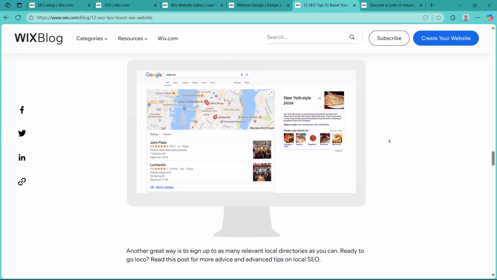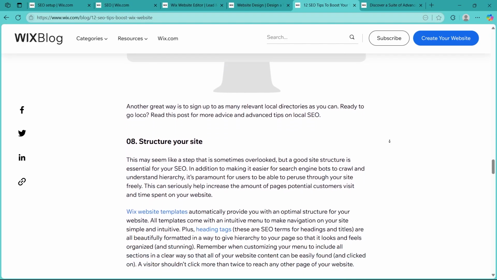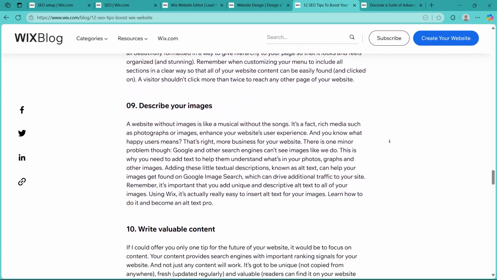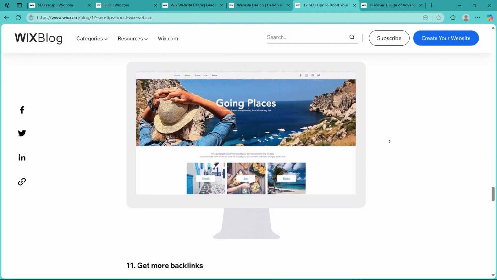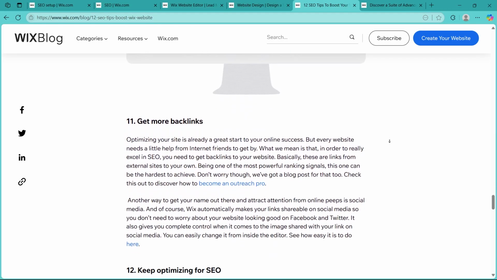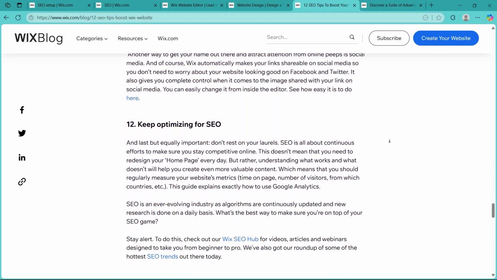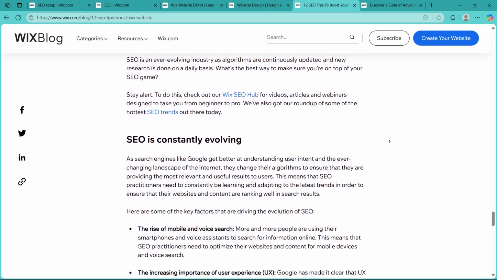Now, step 4 is adding categories, tags, and schema markup. You can use blog categories and tags carefully because they help Google understand your content themes. In advanced settings, enable structured data schema if available on your template to improve how your blog appears in the